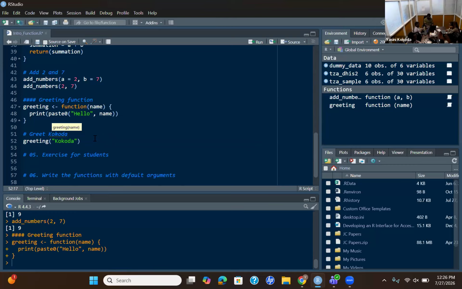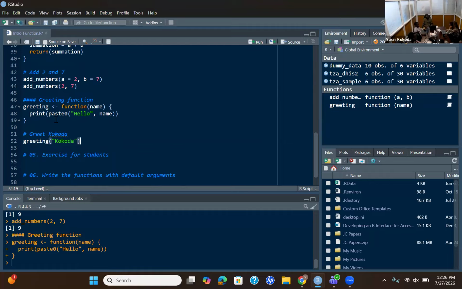You just need to supply the name, but make sure it is in double quotation marks, because you are in the body of the function, you are printing something which is connecting with the string. The name should be a string. Otherwise, you're gonna get an error.